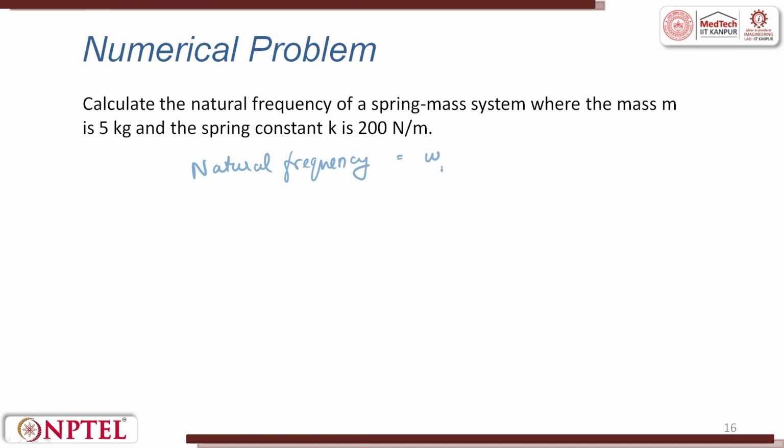Omega n equals root of K by M. What is K? K is 200 Newton per meter. What is M? M is 5 kg. So, substituting back, omega n equals root of 200 divided by 5 kg,